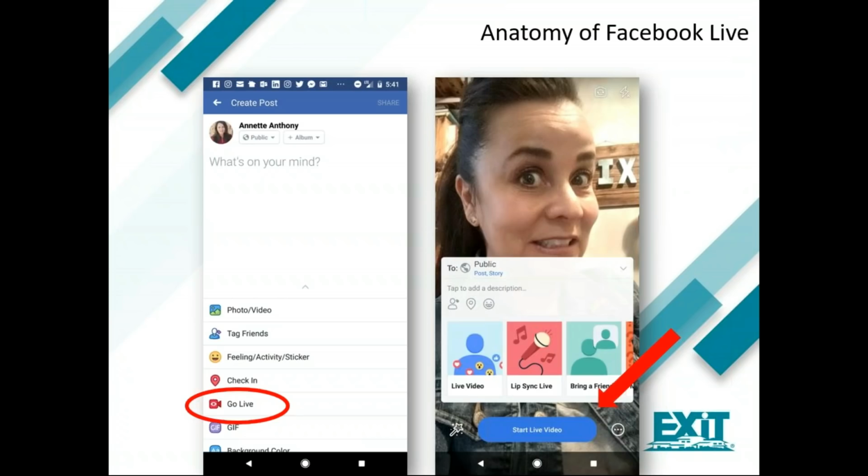But we're not going to stop right now. What you're going to notice is it's really that easy. There is no barrier to Facebook Live. Anyone with a mobile device can start broadcasting on the fly. But before I let you loose to go out and broadcast, I want to share with you some really important settings that you want to know. Then I'm going to give you some tips that you don't want to miss, and some really great ideas that you can leverage for your next live experience.